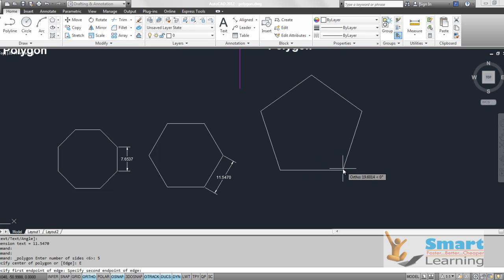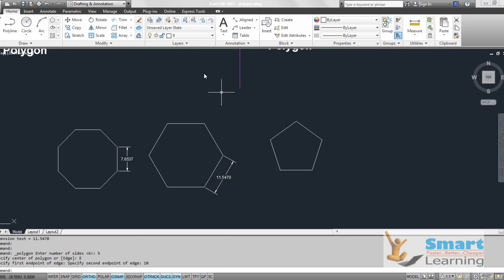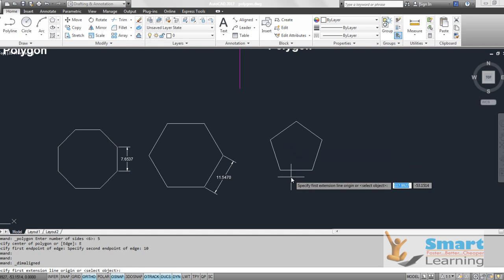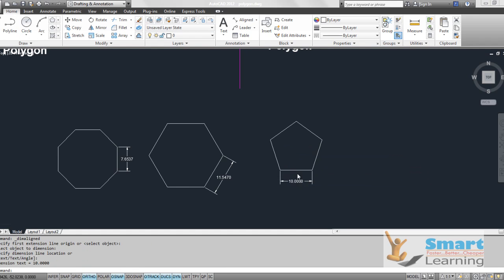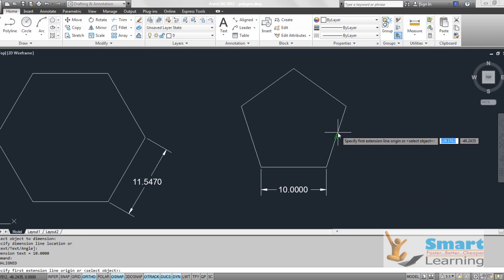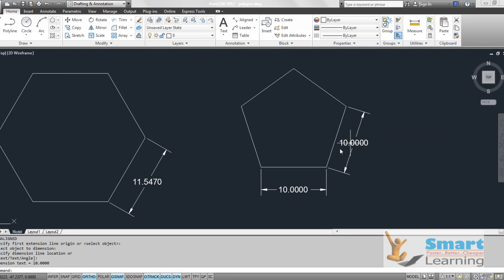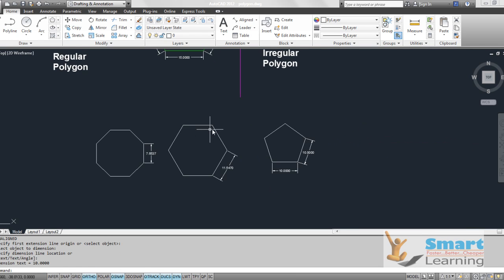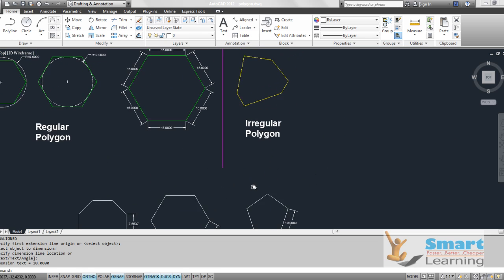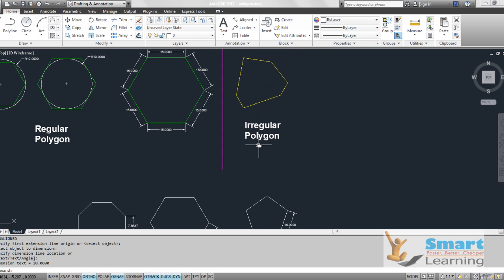This end point will be 10, so I can enter 10. Now if you see the dimension, that will be 10 for all the sides. So this is the regular polygon case with three different options, and the irregular polygon you can directly draw either through polyline or through the line command.